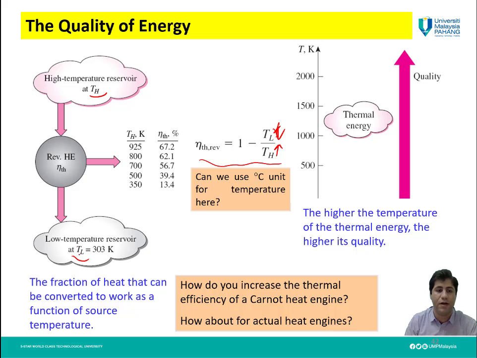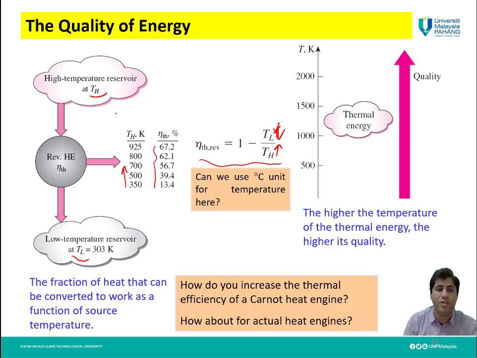If we have a constant temperature for TL, or the temperature for low temperature reservoir, and we change the temperature of the high temperature reservoir, the thermal efficiency will change like this. As much as the temperature is increased for TH, the thermal efficiency is also increased,